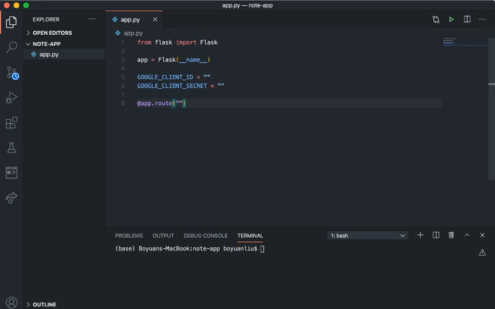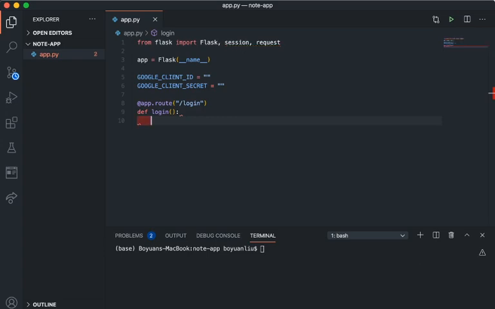And then here I'm just going to say /login. And then I can define a login here. And then we'll go ahead and say something like this. And then we're actually going to need other modules from Flask as well, like session and request. And in here, what I can say is something like this. Define login, and then we'll say if